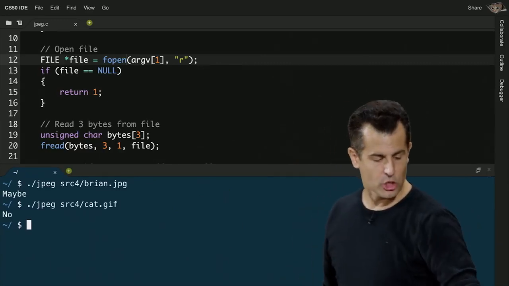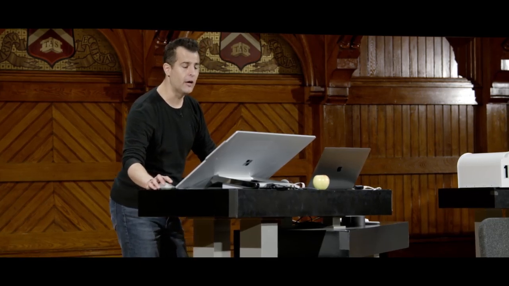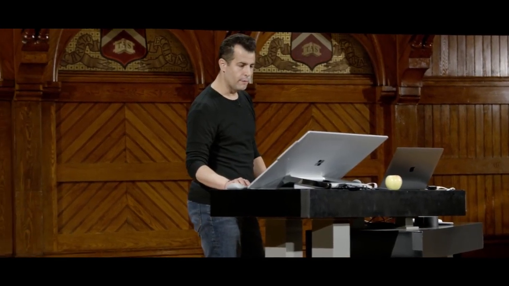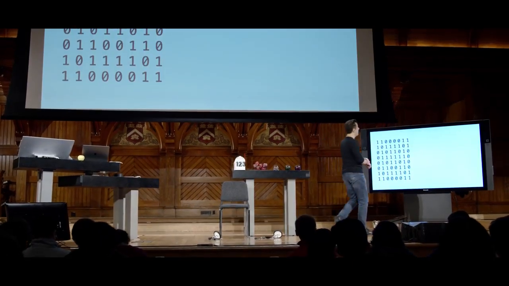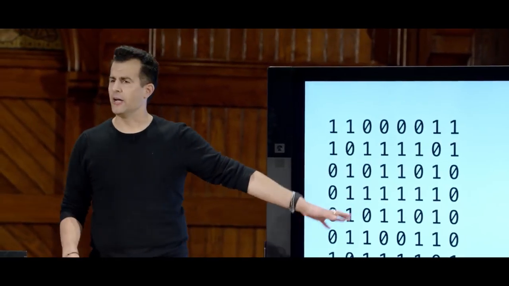Now, what can we actually use that information for? Well, it turns out what we'll be doing this coming week and beyond is exploring a number of features here of what's called file I/O. Long story short, if you've ever wondered really what an image is, we talked briefly about this in week 0. This is an image. But it's in binary, 0s and 1s.